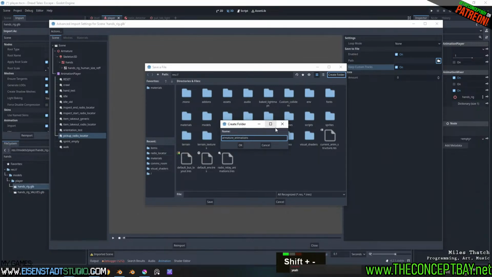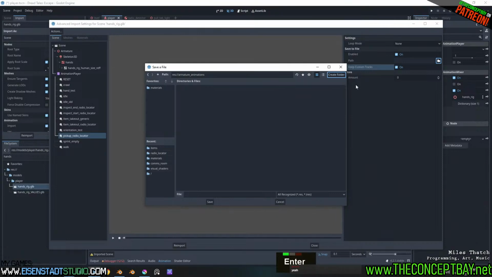Armature animations. We'll click, give it a folder called player. So, okay, this has to be done on a per animation basis, right? You can't just tell the entire animation player to do this. Not a big deal, technically, because as long as there's a solution, I'm already happy. Let's call this pickup